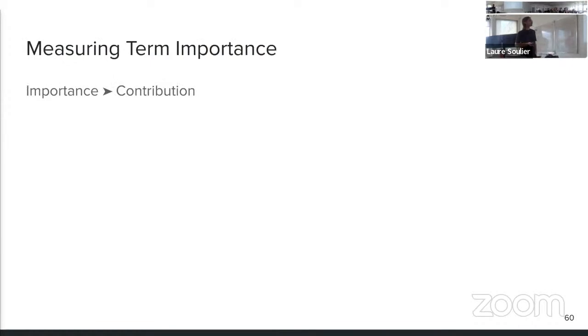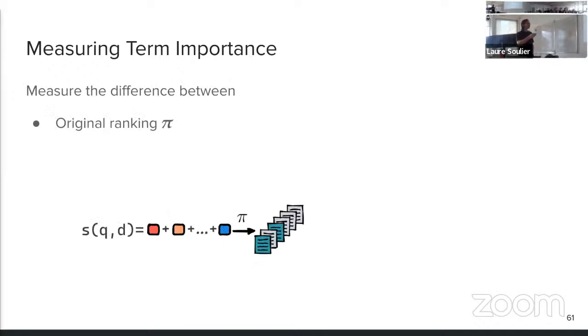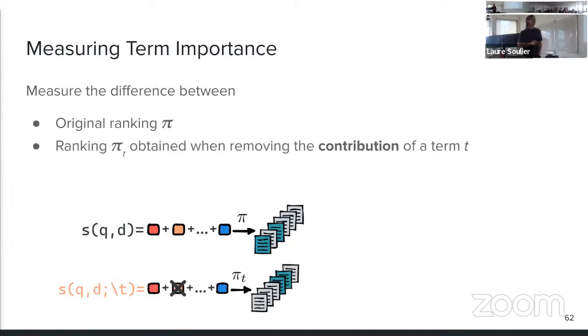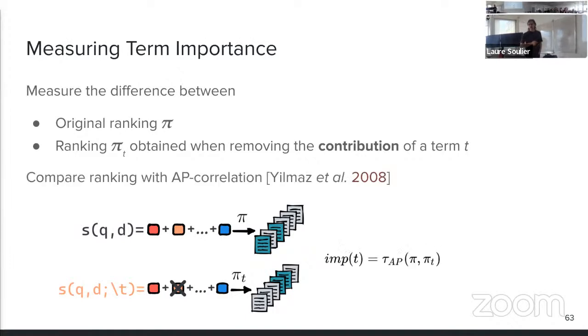So our idea is to look at the contribution of a term. More specifically, we consider a query and the original ranking given by the model, and then the ordering we get if we remove the contribution of a given term in the query. Then we have two rankings, and our intuition is that if the rankings are very different, then the term is important from the model's point of view.